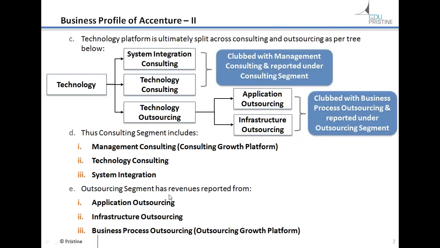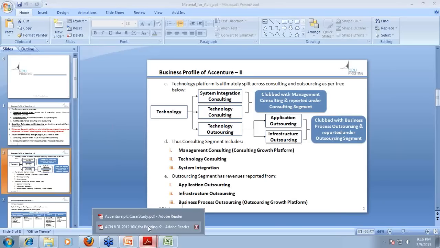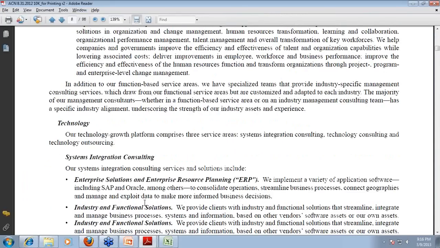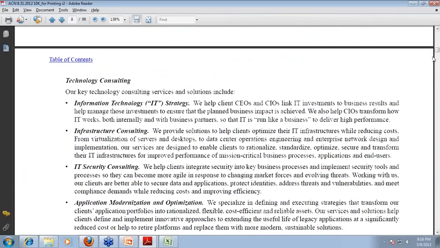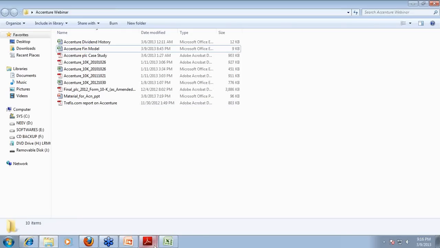Then the outsourcing segment will comprise business process outsourcing, which is the growth platform, and then the application and infrastructure outsourcing, which is coming out from the technology. So now we understand why the company is reporting revenue only across 2 of them. Then I move quickly to this. Now that I understand what exactly this is about, I'll move to open any of the